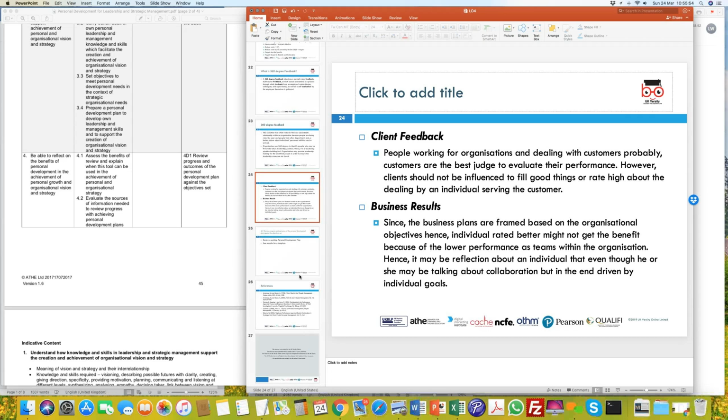Now, there is something called client feedback and business results. Client feedback is if you are working in a job which is outward facing, that means you deal with customers, and in this case, your service, for example, the quality of service or the products and services that you sell to the customers, they sometimes tend to send you feedback or surveys to see how did I deal with you? And a typical example that I would give you is that nowadays when you look at services organizations,